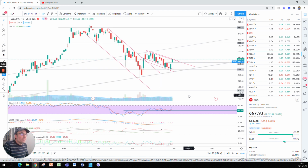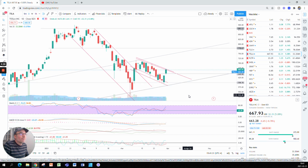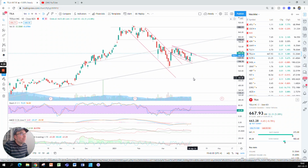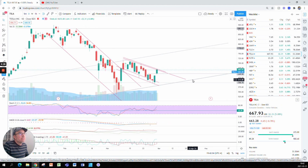So this is interesting. I don't know what to say here. We had a bottom yesterday during the day, very low at 588. So that turned out to be pretty much the lowest point that somebody could have bought Tesla. I was thinking myself of buying Tesla during the day, but since I don't trade full time, I was not really available to do that. If I had been, let me say that seeing the stock at 588 or something like that, bouncing on a support, that would have been quite a nice entry. And we are just seeing what would have